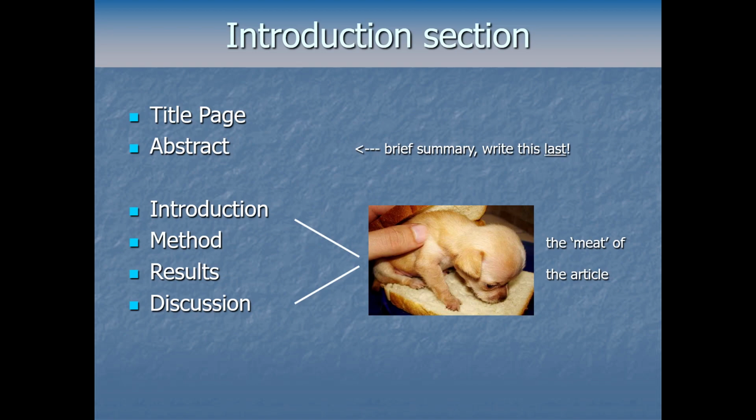And for an empirical paper reporting some results, you'll typically see these 4 sections. First, there's a section to introduce the topic and motivate why this study was done. Then a method section to describe in detail how the study was carried out, who or what was studied, and how data was collected. Then you've got a results section where data is presented, often in tables and graphs, and